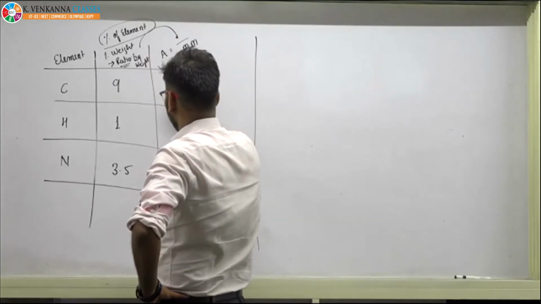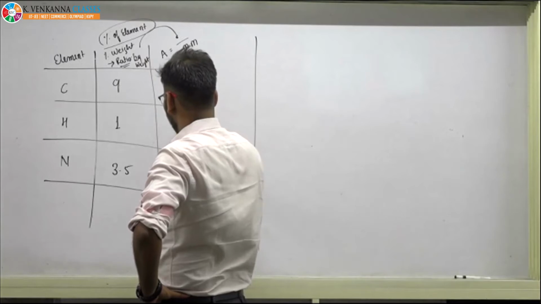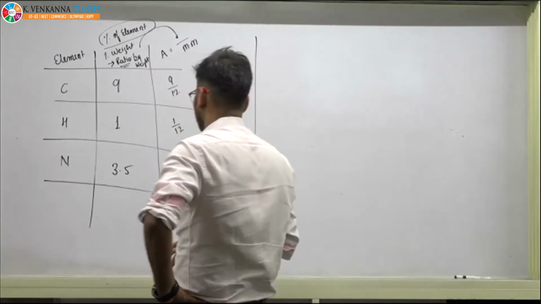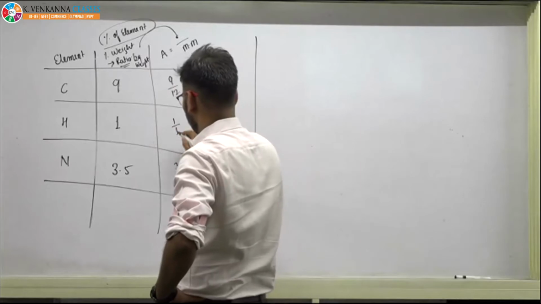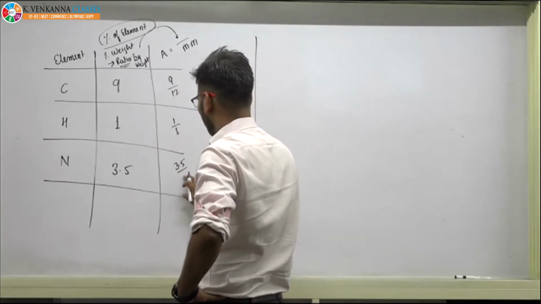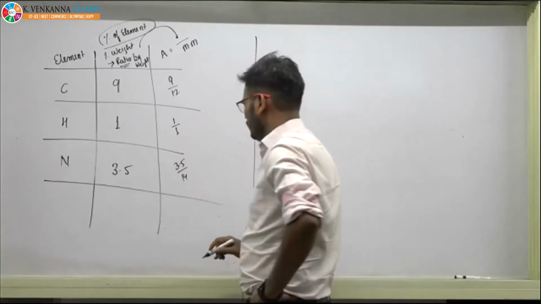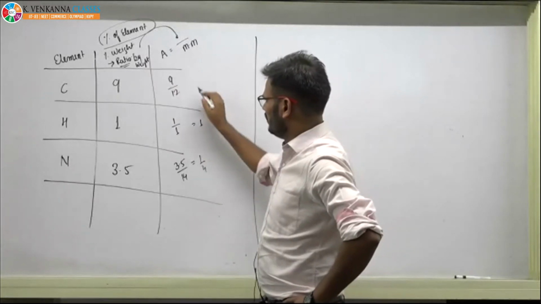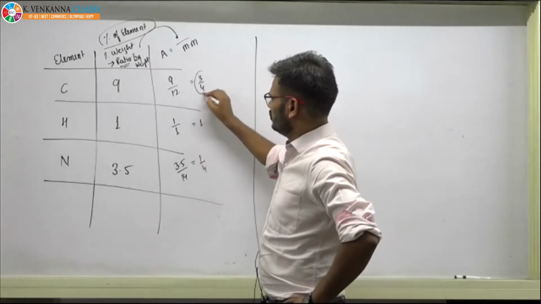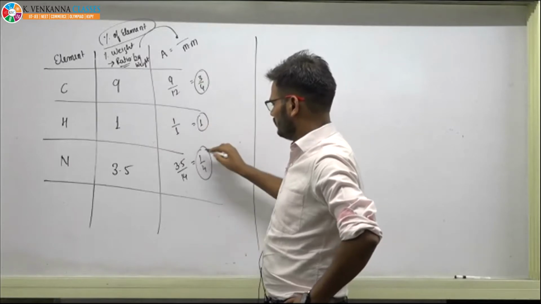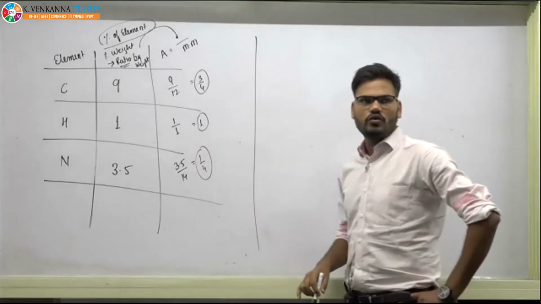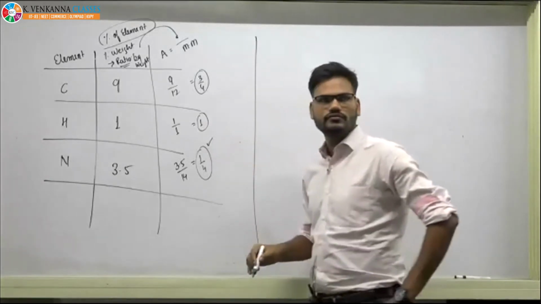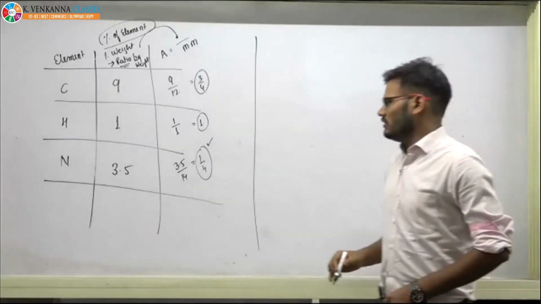So it will be 9/12. Here it will be 1/1. It will be 3.5/14. So if you see, this is nothing but 3/4. This is 1, and this is 1/4. So select the lowest number. Okay, select the lowest number. So the lowest number for this is 1/4, right? So using that number,